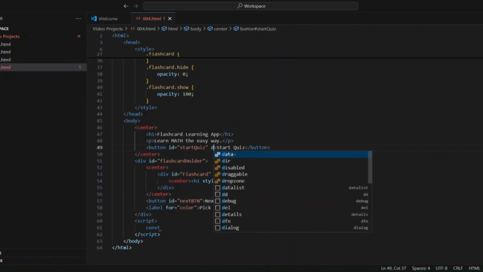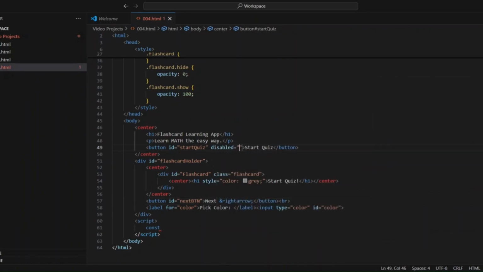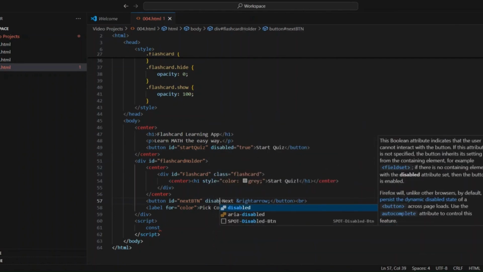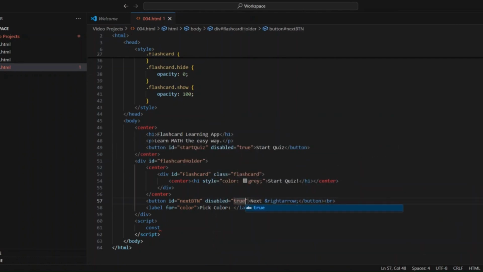After that, you're going to say disabled equal true for all the buttons. Then on this color, you're going to say on click equals blank, and then let's start. What we're going to add first is flashcard,